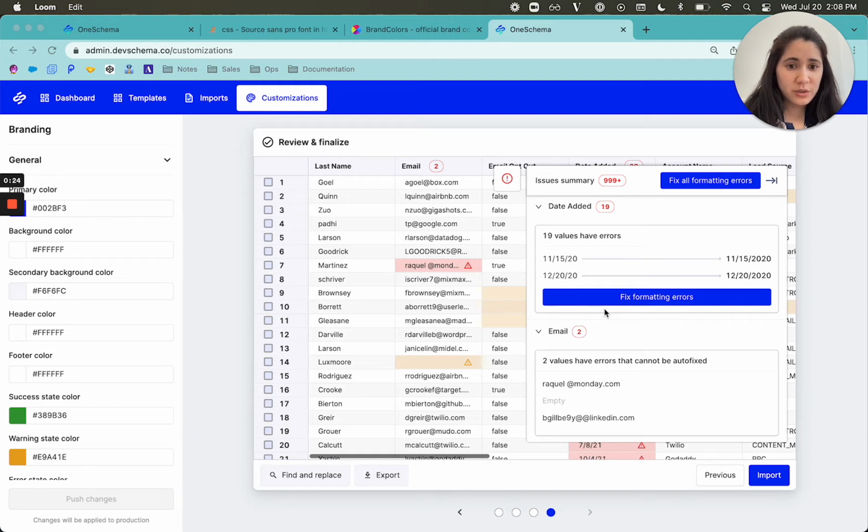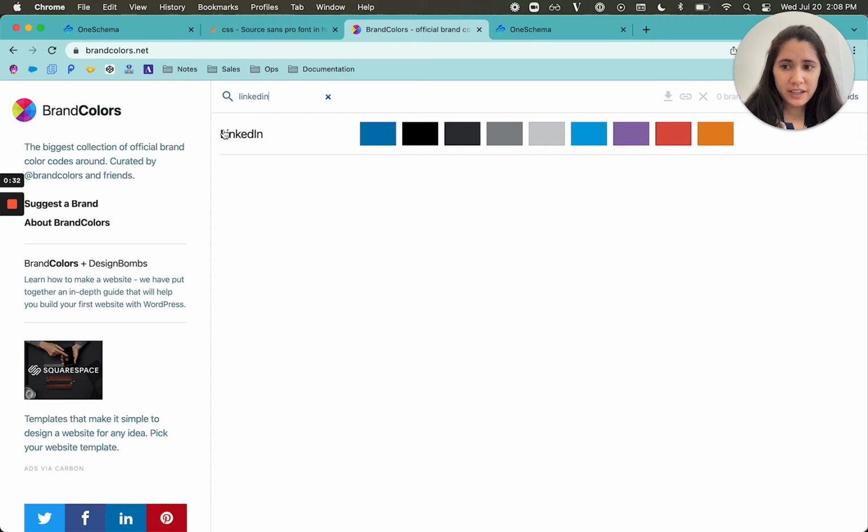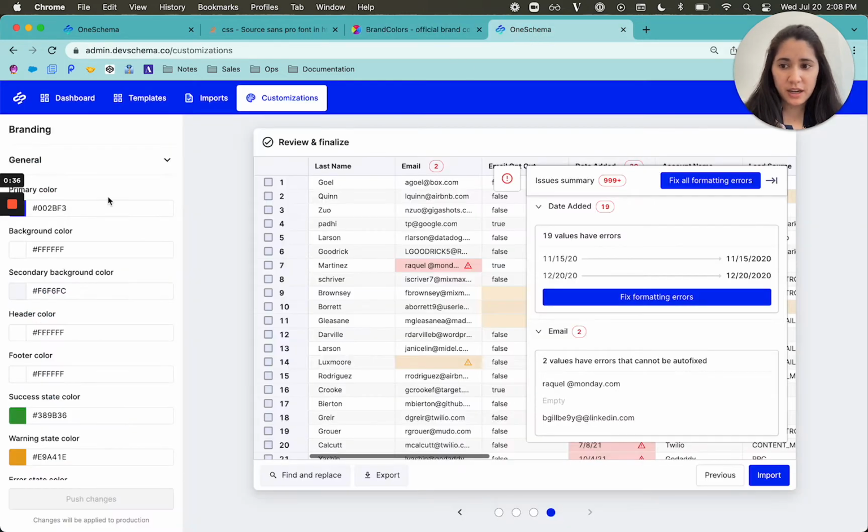What we can do is use OneSchema's Branding Suite to make sure all of the fonts and colors look exactly like it should look inside of LinkedIn's branding. So I'm going to pop over here, and these are LinkedIn's brand colors. So probably the first thing I'll do is take this primary color and change the primary color in the app